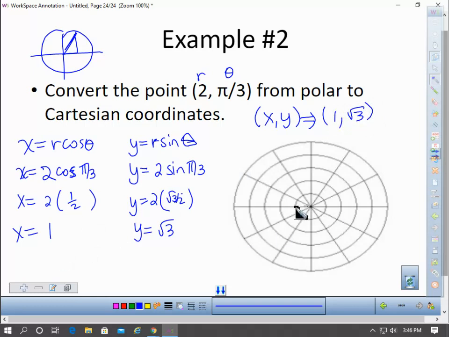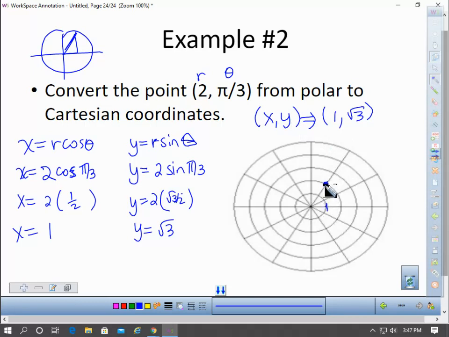Let's use this and graph it and see how we did. If I have this in polar, this means I'm going to find pi over 3, which is 60 degrees. So this is 0, 30, 60. I'm on this end of my axis, and I'm at 2, so I'm on the second ring, right here. Now using rectangular coordinates, I would go over 1 unit,